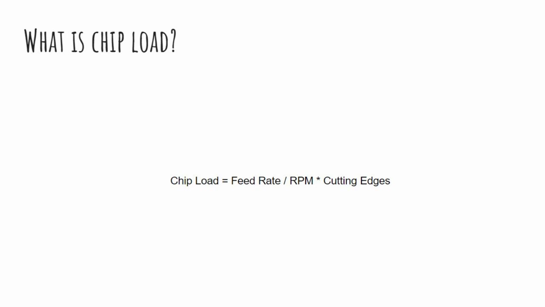So what is chip load? Well, you can see from the calculation here that chip load equals feed rate divided by RPM times cutting edges. Now, if you want to be really accurate and increase your knowledge of CNC operations, then you can remember that calculation. But most of the time, what I do is I just go out on the internet and